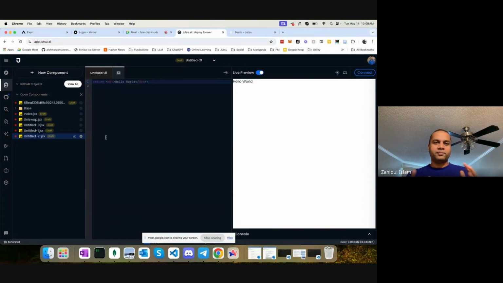I talked with a lot of people, and I found some people like to build Boss components locally because we have Boss Loader and others, and other people, especially the new people, want to use the web-based IDE. So we added a feature now.